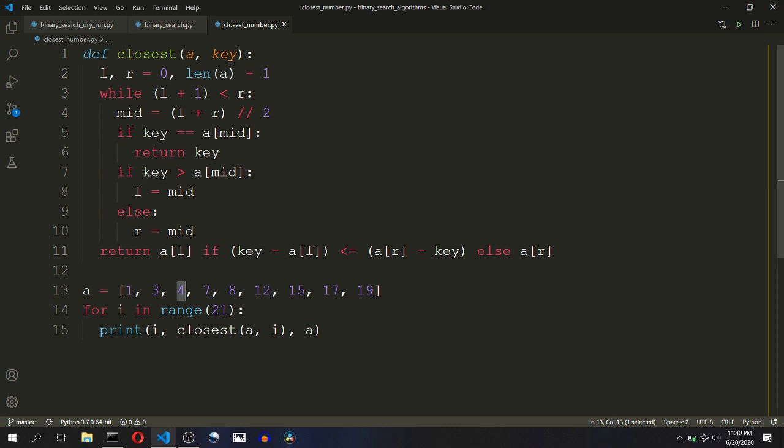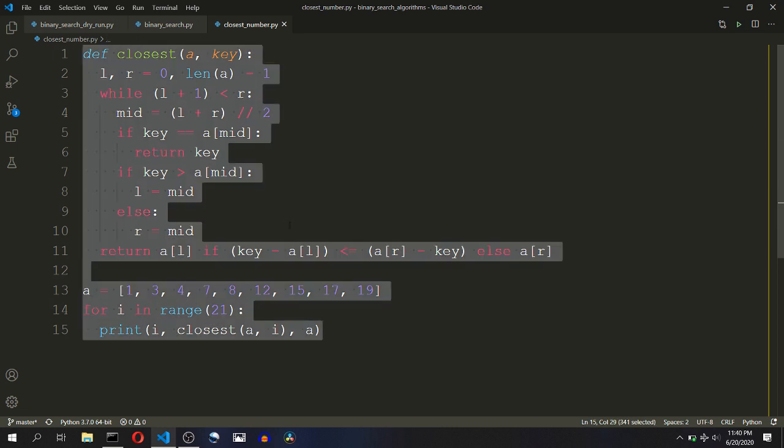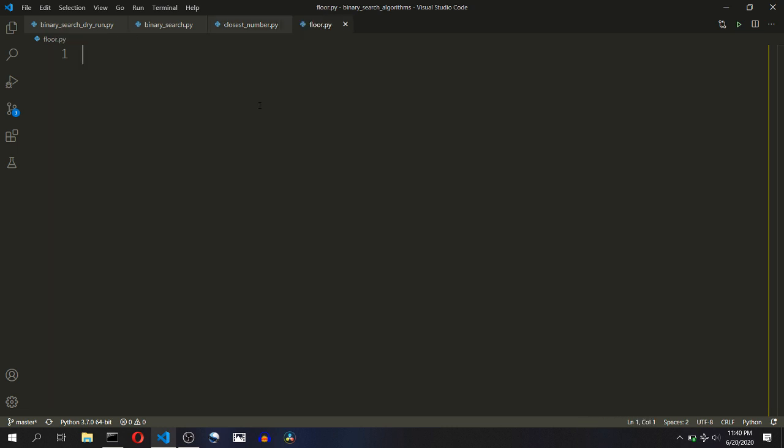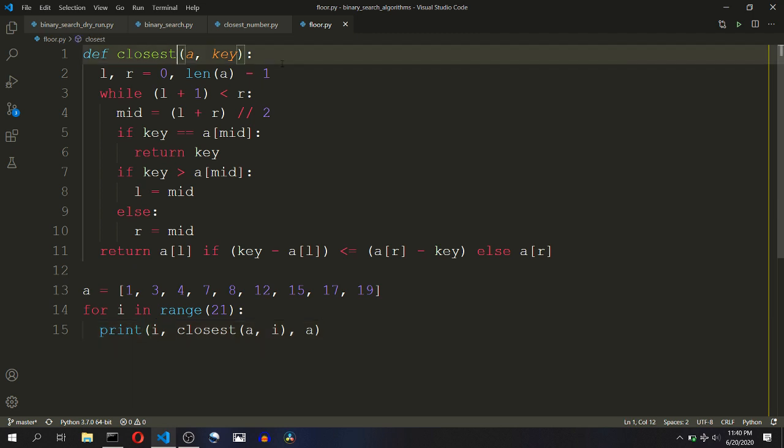For this code, I will copy the code of the closest function and paste it over here. I will rename the function to floor. The while loop condition will remain the same as we need to narrow down the problem to at most two elements.